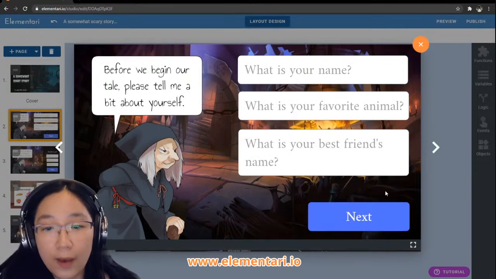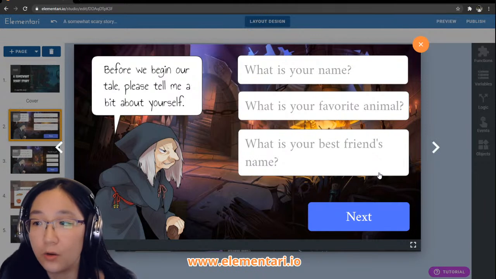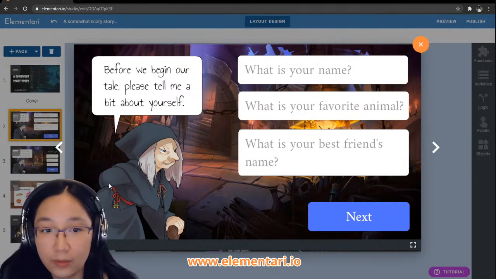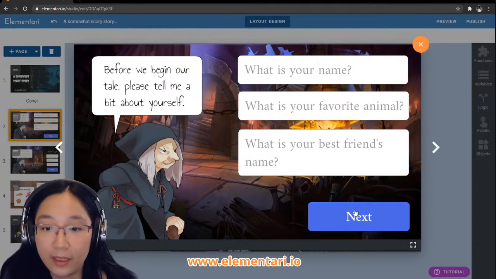I want it so I can't navigate. I have to navigate using the button. So to do that, I lock the navigation. I lock it so you can't go to the next page or the previous page using the arrow keys or by swiping. The only way I can navigate to a different page is by clicking on the next button.